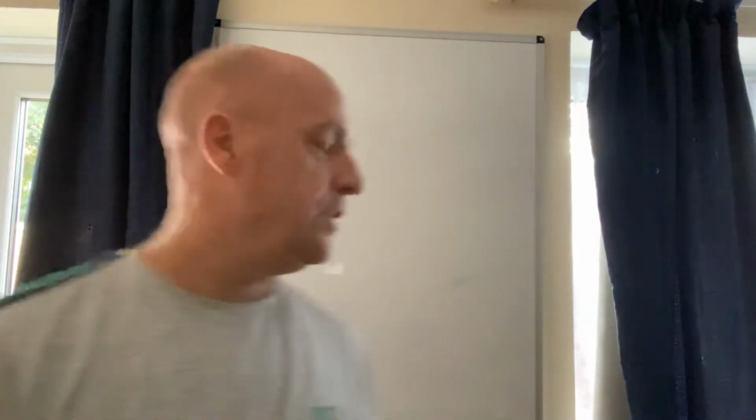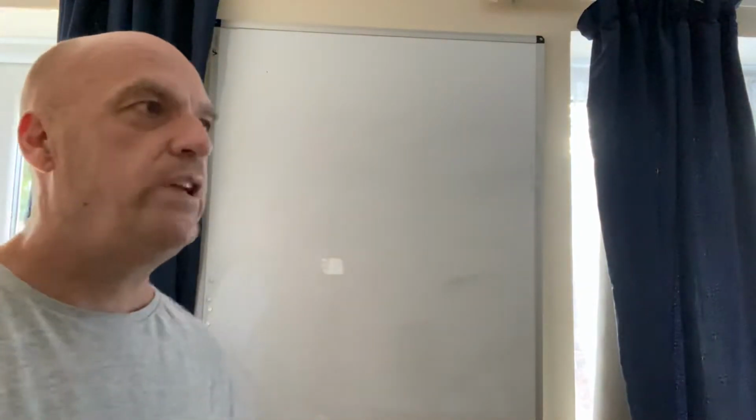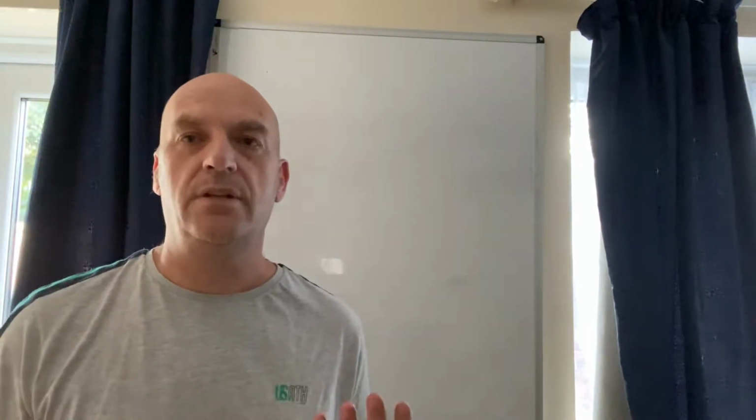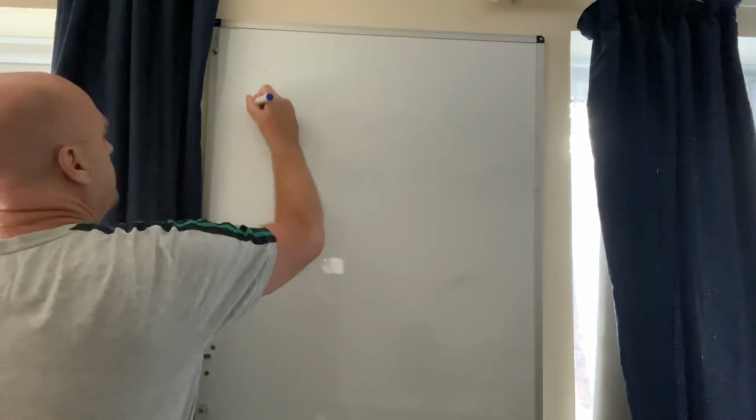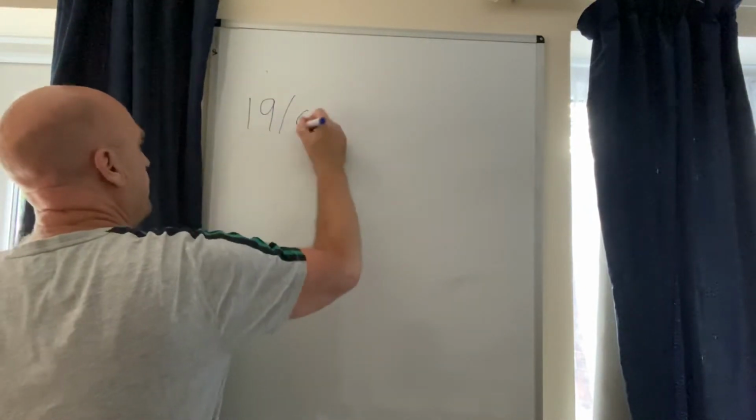Let's have a look at today's reading, which is around you and a love interest. We're going to look at your life path numbers. We're going to add them together and then use that number to take a tarot card. So let's have a quick reminder on how you work it out. You put down your date of birth, so, for example, the 19th of the 3rd,